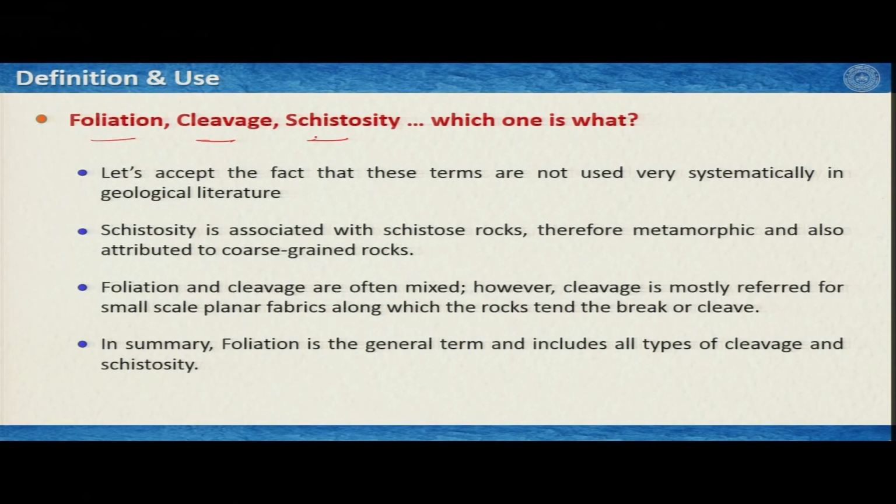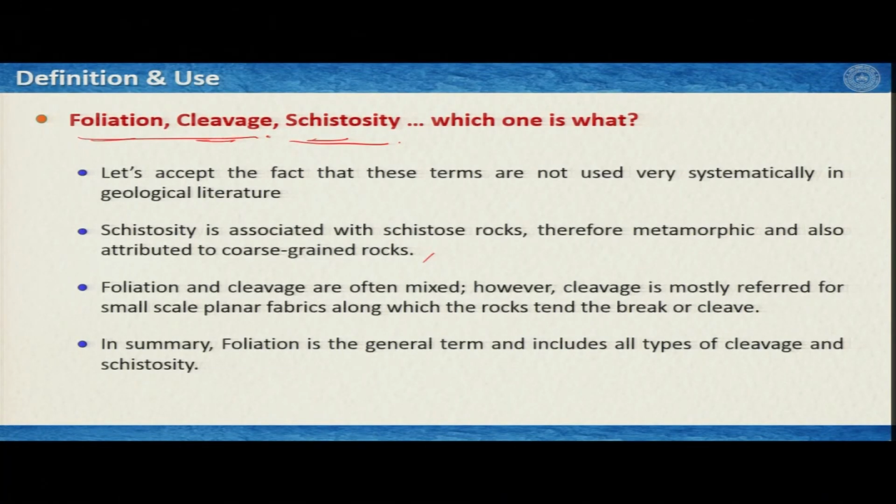Now, cystosity, let us first focus on this term, is associated with cystose rocks. So, therefore, it is something which is related to metamorphic rocks, and it is also attributed to coarse grained rocks. So, if I assign the term cystosity to some planar fabrics, that means this must be a very coarse grained rock, and it must be a metamorphic rock. And then the confusion comes between the foliation and cleavage, and as I said, they are often mixed, but